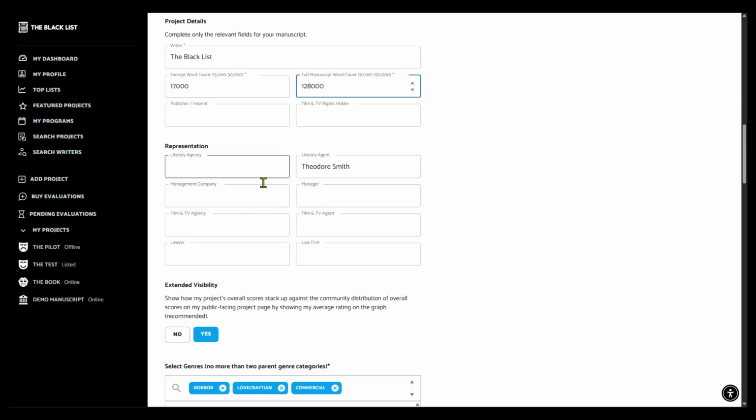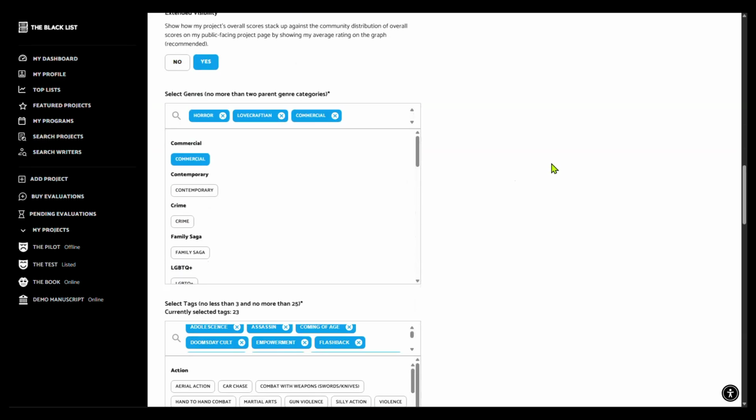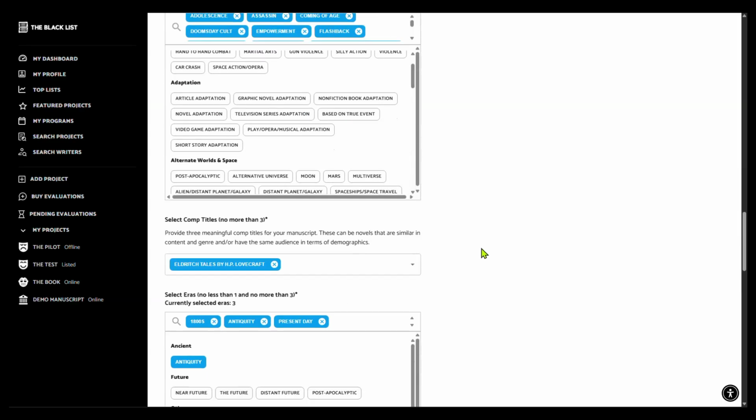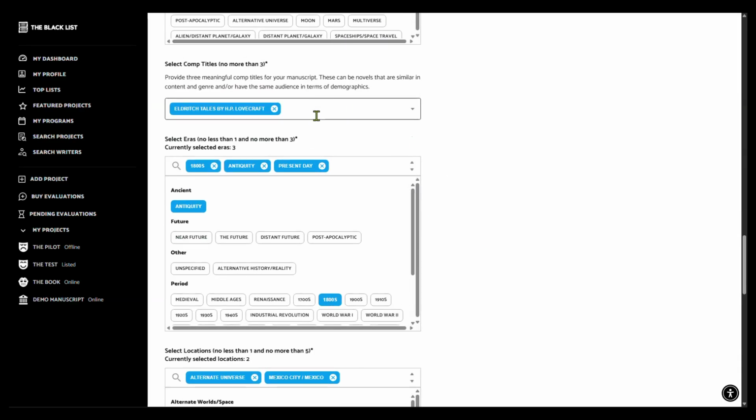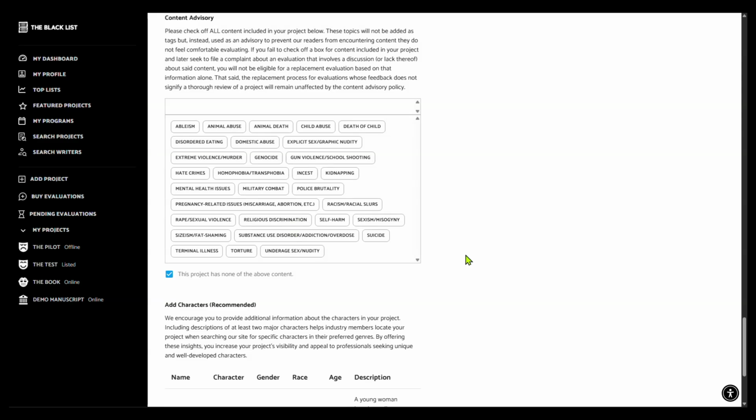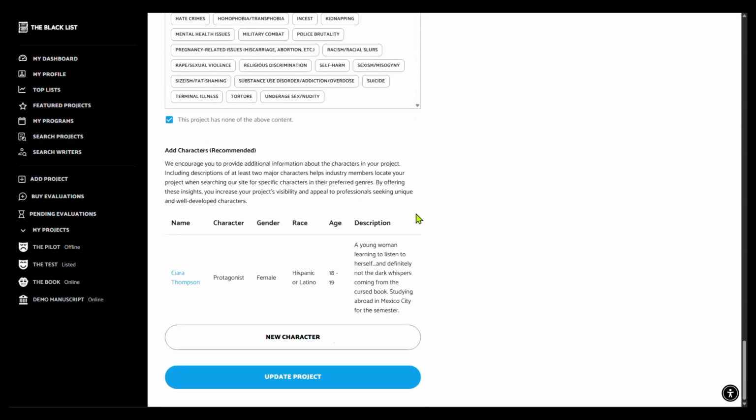If you need to add some representation information. Similarly, with all the tags, you can delete or add as needed. All the way down, you can add more comp titles, take away some, add or delete characters. The main thing that I want to highlight here is that any changes you make here,